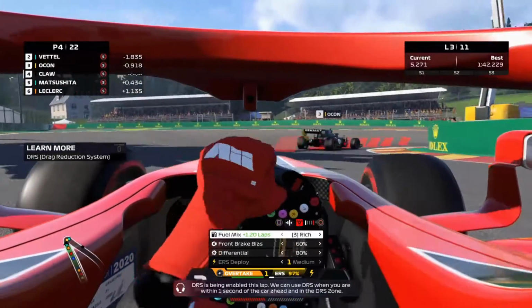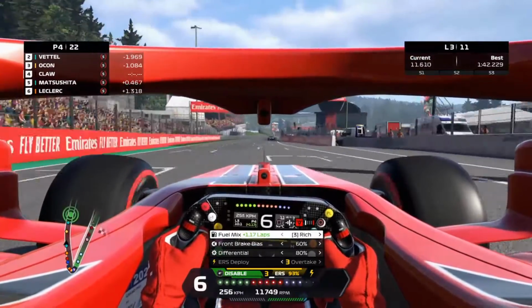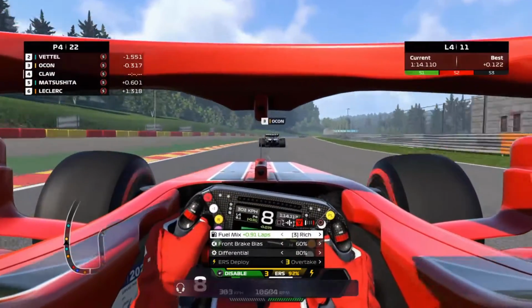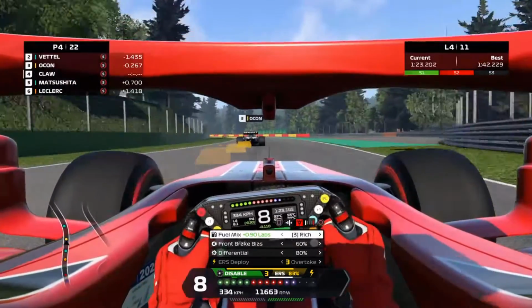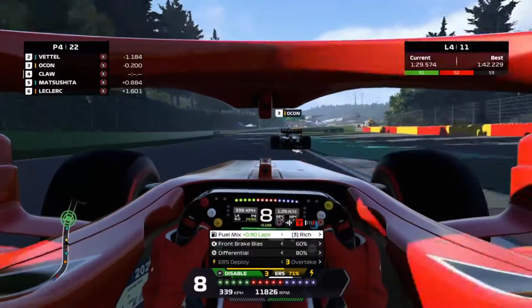And on to lap 3, DRS, of course, we are just behind Ocon, who is actually doing a really good job to be that far up in the Renault, of course, this season called the Alpine. As on lap 4 over here, we are slowly but surely hunting him down. As you can see, we have some smoke coming out from the back of our car from the engine,